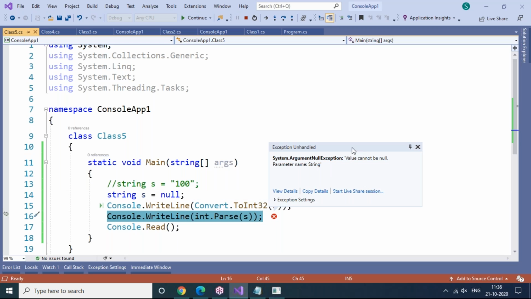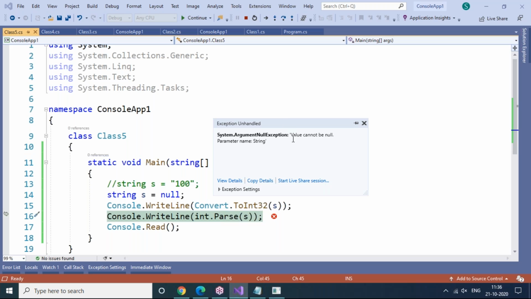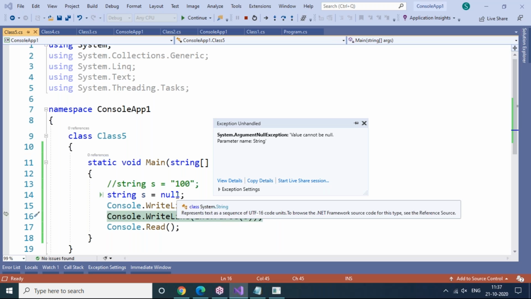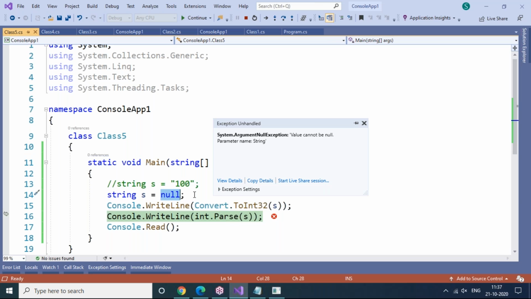So when the value cannot be null, if the value is null, it is unable to convert from string to integer. So the exception is raised here. Okay, ArgumentNullException. The value can be null, that cannot be converted into integer format using int.parse. So if anybody asks what is the main difference between Convert.ToInt and int.parse, you should say Convert.ToInt method